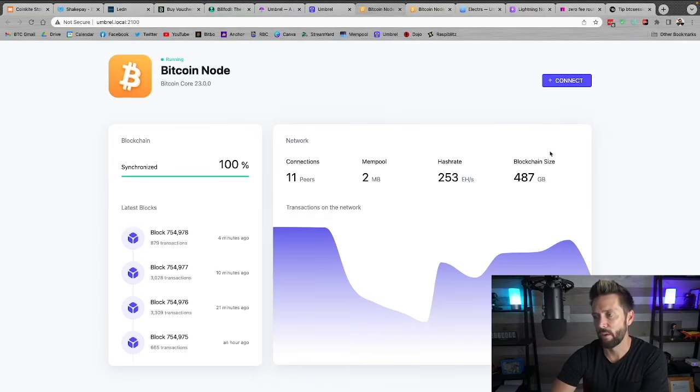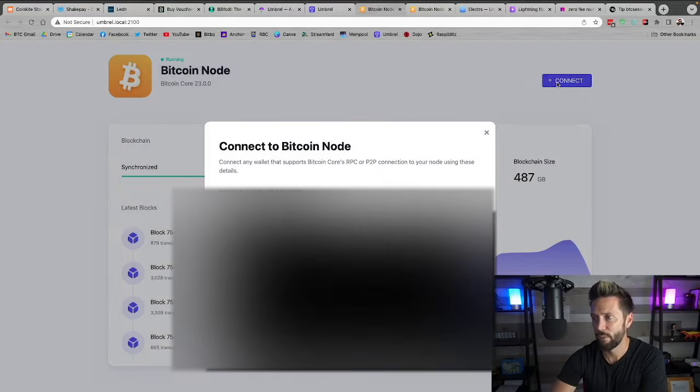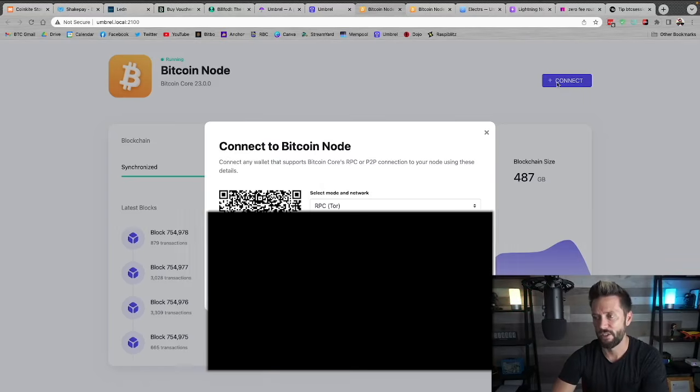But the main thing that we're looking at here is the connect button up in the top right. When you tap this, it's going to give you information to connect to your Bitcoin node. Now, some mobile wallets will allow you to simply scan the QR code here on the screen. There's also some other information here that allows you to access this either locally or via Tor remotely. So we're going to show how to do this